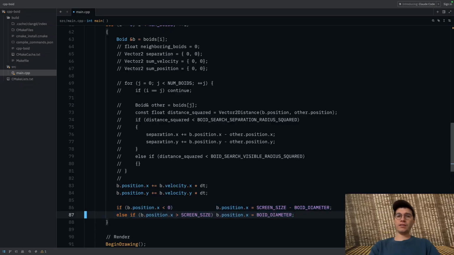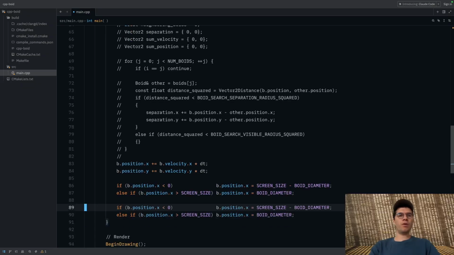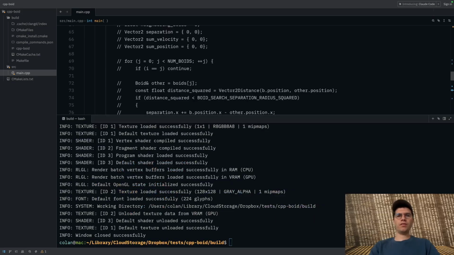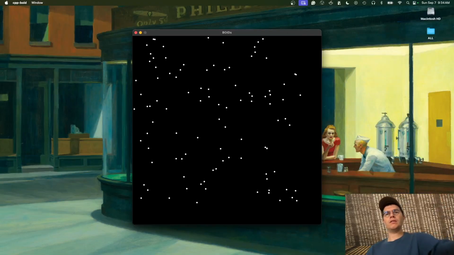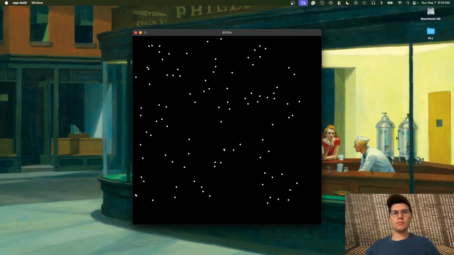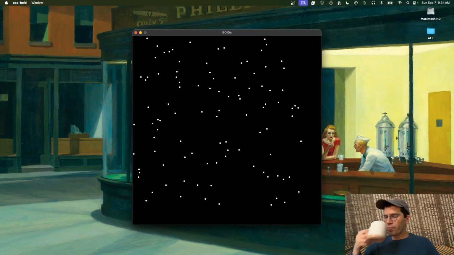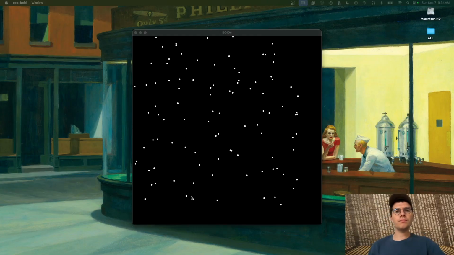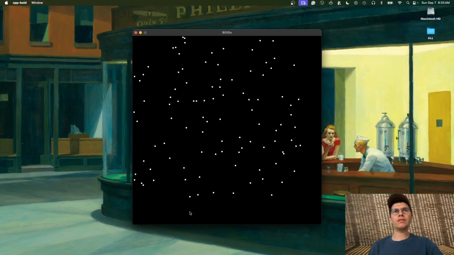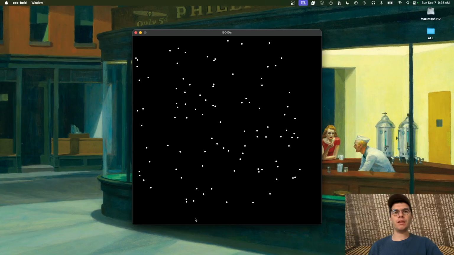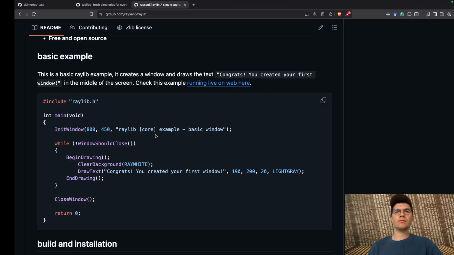And this is going to be the exact same now when we get to y. So now we're doing the top and the bottom. But instead of x, we're going to make it y. And it's all the same. So now if we run this, you'll see, let's see. It is a little bit weird because it seems to not go over this side. Like this one will be coming here and they come here, but I would expect them to be